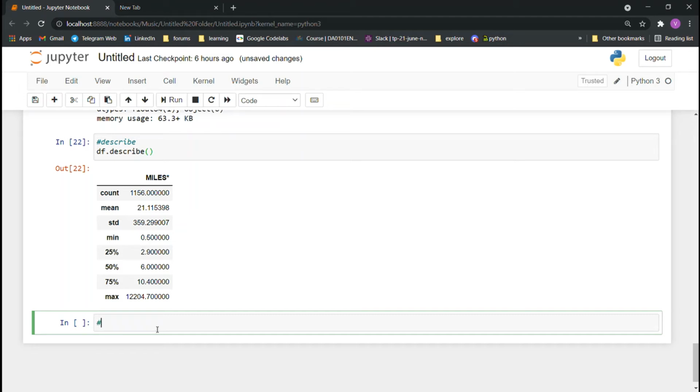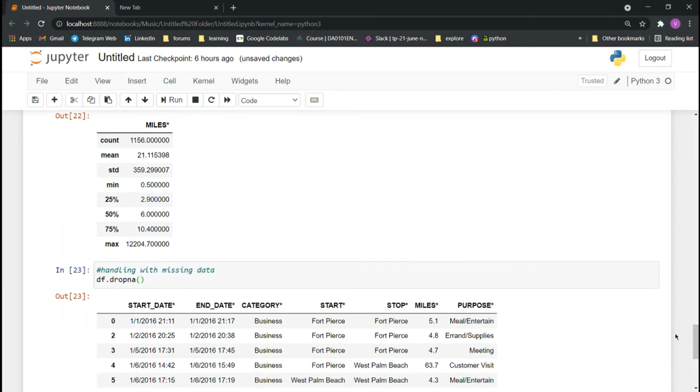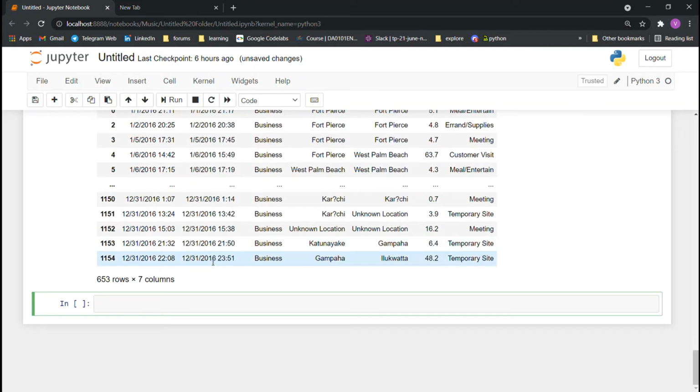Another important thing is handling missing data. We use fillna and dropna. Fillna is for filling the NaN or null values with integers or floats. I will show dropna. It will drop all the NaN or null values in the data frame.